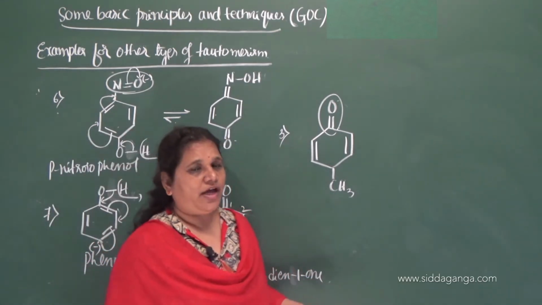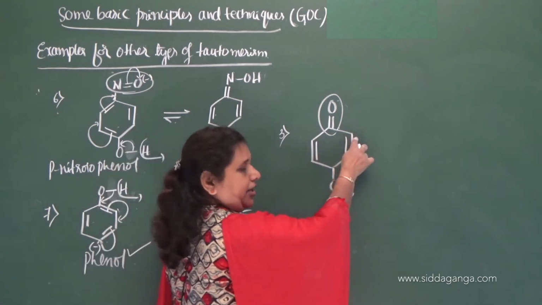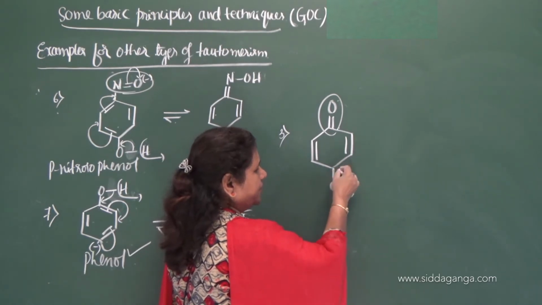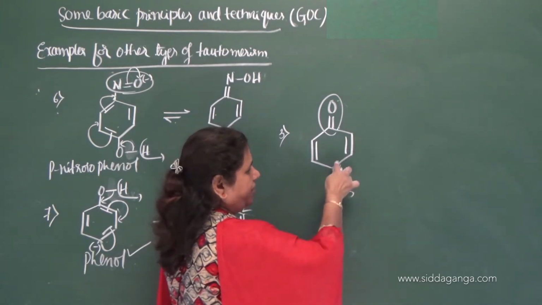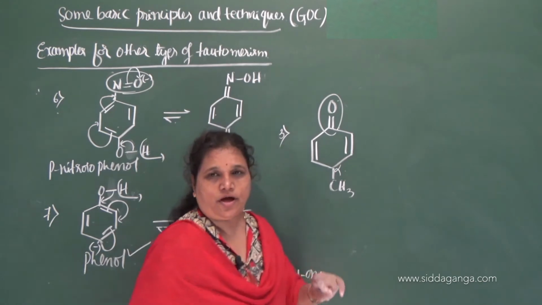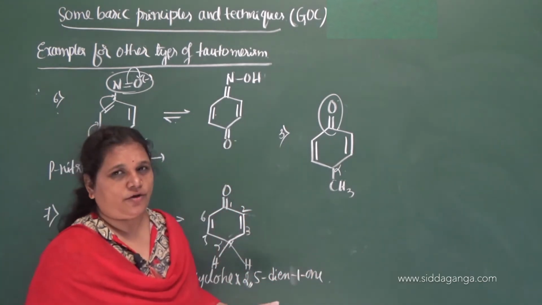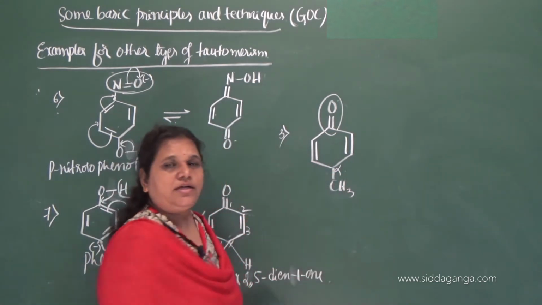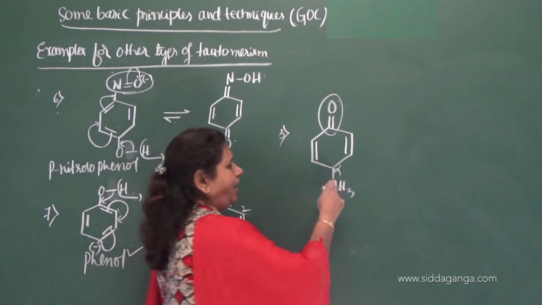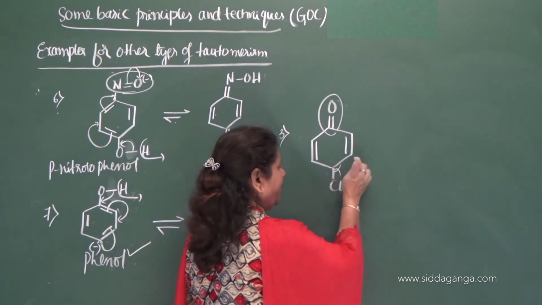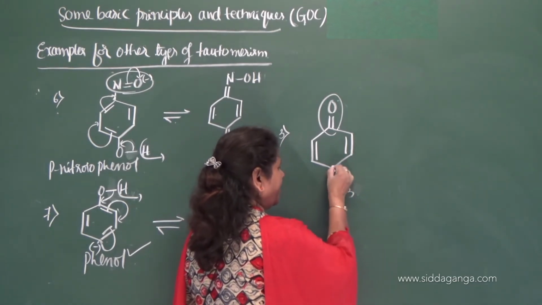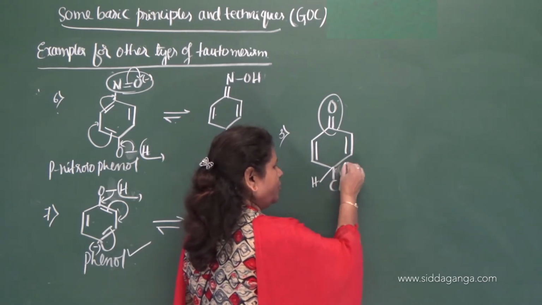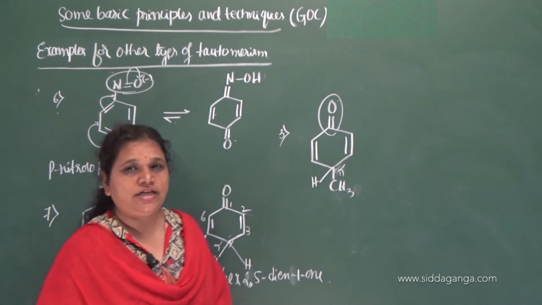But where is alpha hydrogen? These two are alpha carbon atoms, no doubt. But they are bonded to double bonded carbon. What about this? This is also alpha carbon because it is adjacent to carbon double bond. So any functional group, you can take multiple bond or any functional group, adjacent to that is nothing but alpha carbon, and only one group is there, methyl, and another hydrogen atom is also there to satisfy the tetravalency here. So two groups are there, one is hydrogen and another one is methyl.